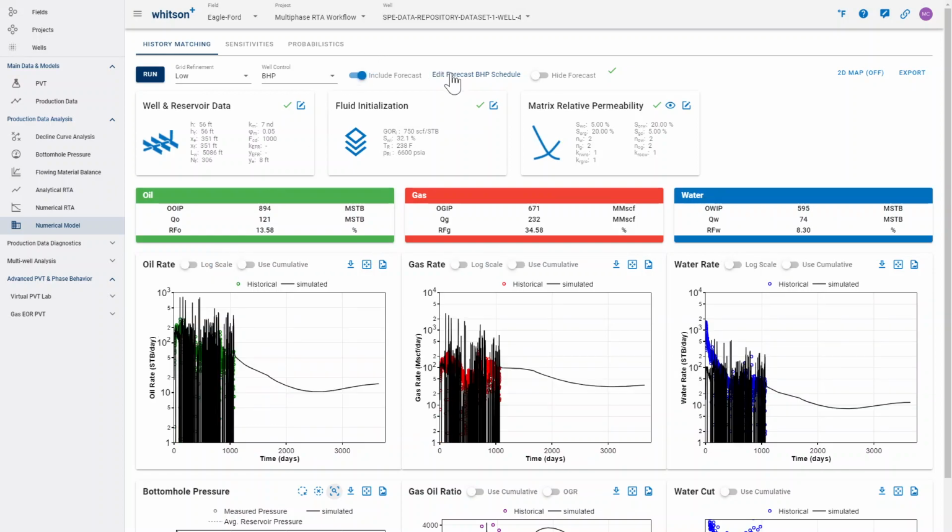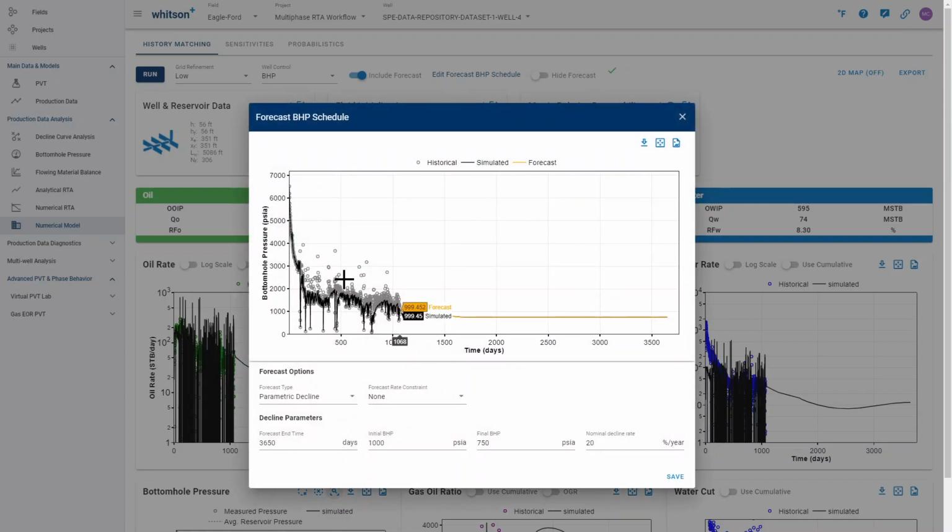Very cool in this feature now is this opportunity where you can graphically add a forecast that's not constant. So you can now change between a constant bottom hole pressure, for instance. That's very similar to how it was before. But let's say I want to have it constant from 1,000. You can do that. Or if you like to have a parametric decline, you can just say, what's my initial? What do you want to be my final bottom hole pressure? Then I can just graphically add some kind of decline here such that it will hit this constant bottom hole pressure at different points in time, depending on what this decline is,